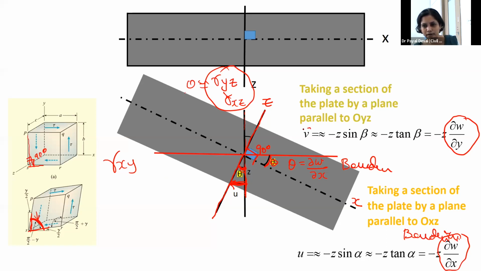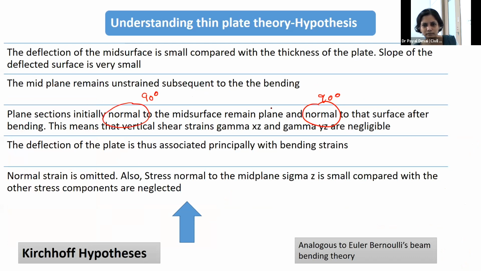So we have written the u and v components, and as I'm repeating again, we are neglecting the shearing component in the z direction, that is the shearing strain. Coming back to our assumptions, these assumptions have a lot of geometrical significance. They bring a lot of theoretical simplification in your formulation, and we will try to see that in our further section.